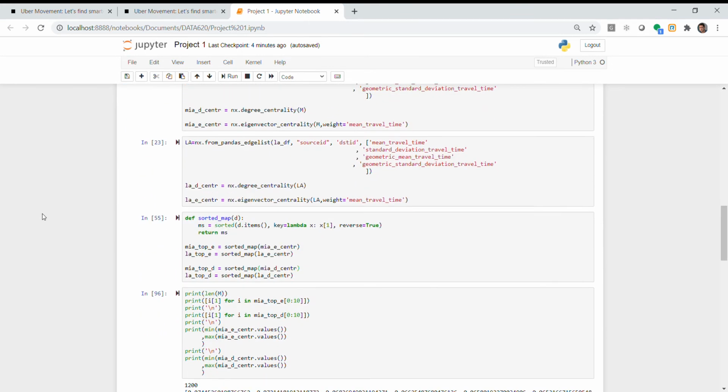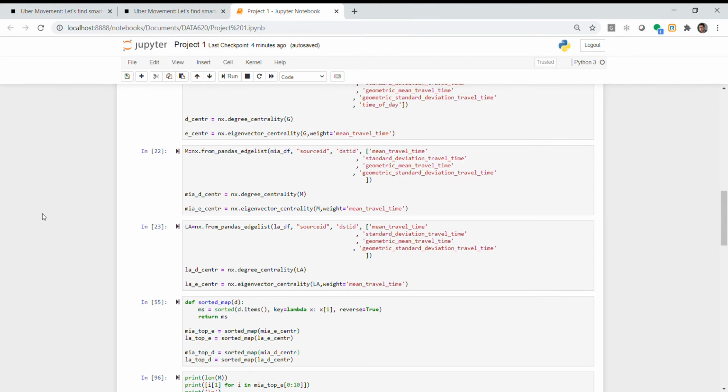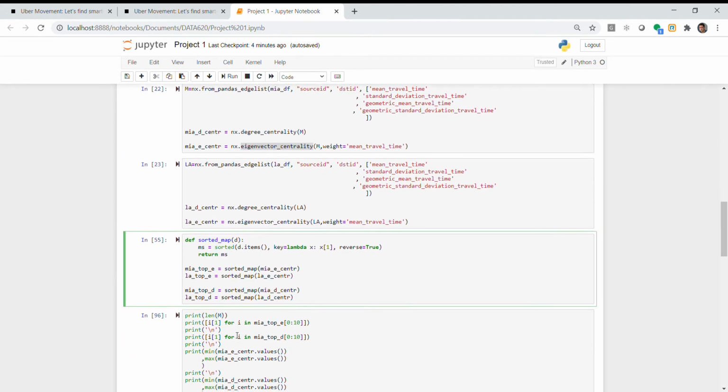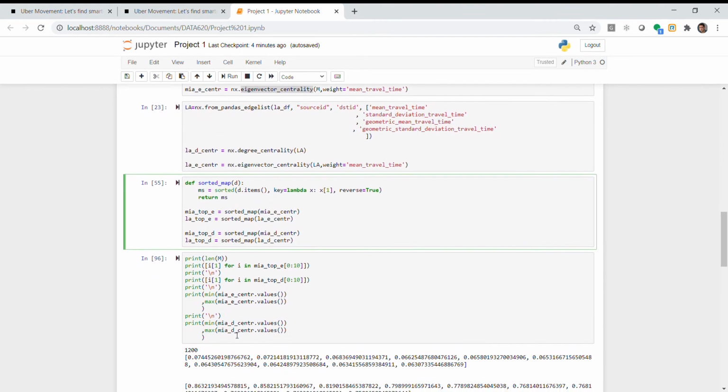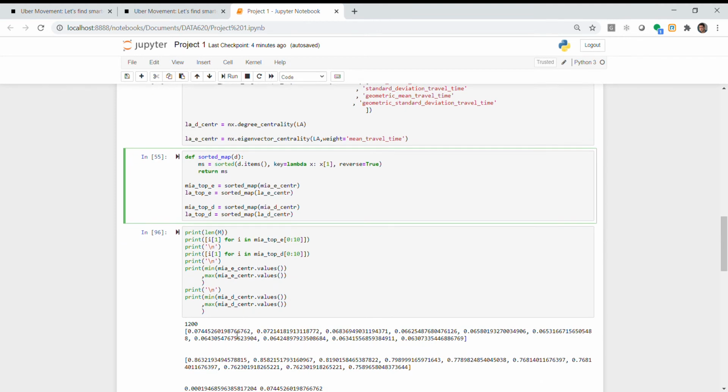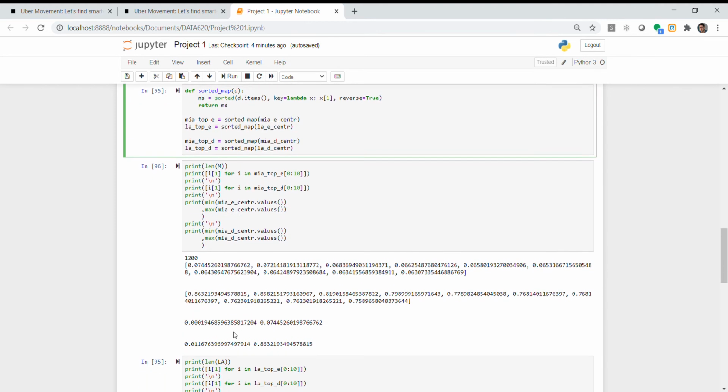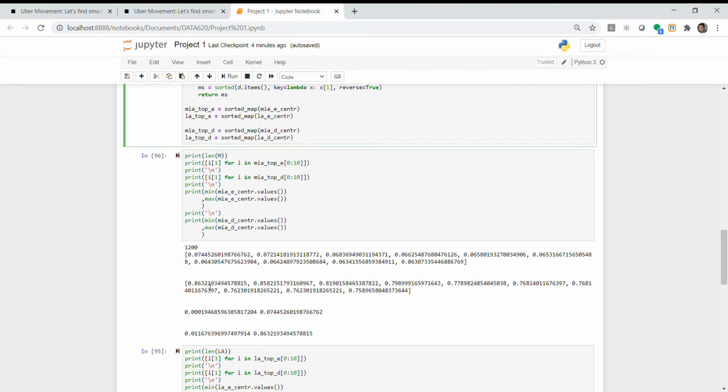So I pull these in separately. I'm calculating the centrality measures for each city individually. And then I'm sorting that so we can take a look at some of the top nodes in terms of measurement. So for example, if you look at the top 10 here, to get some of the centrality measures,